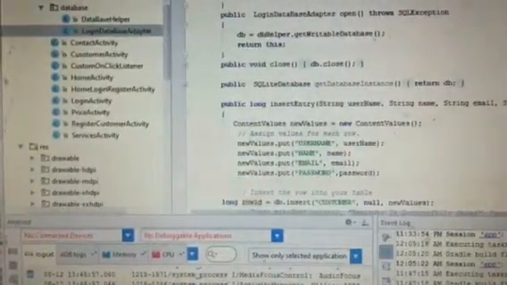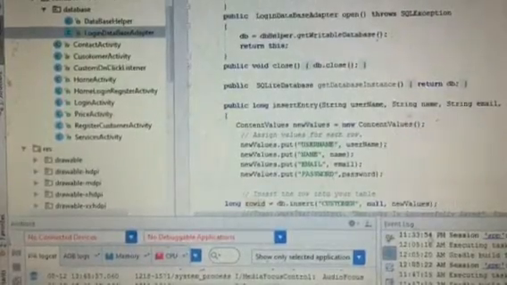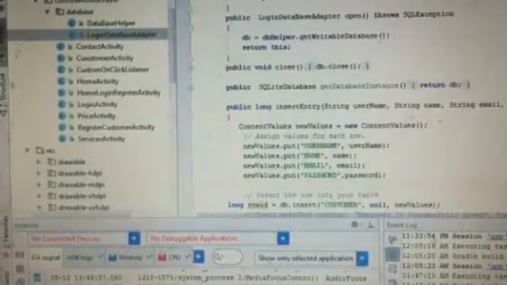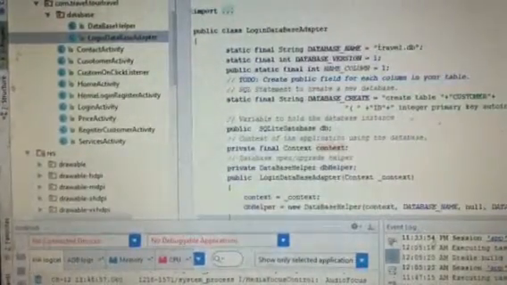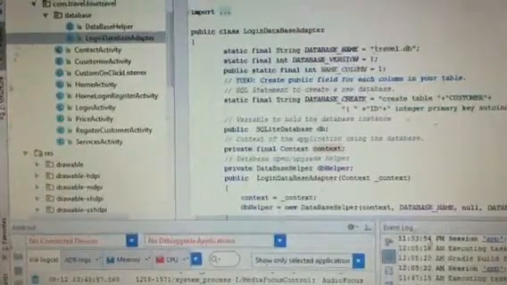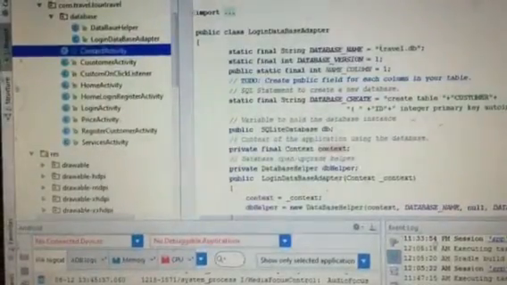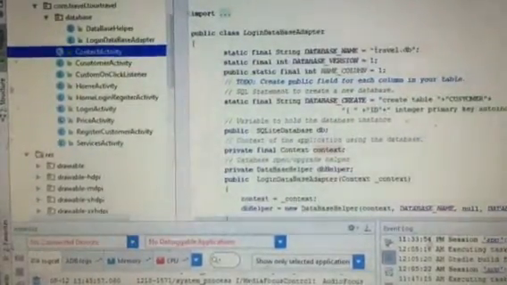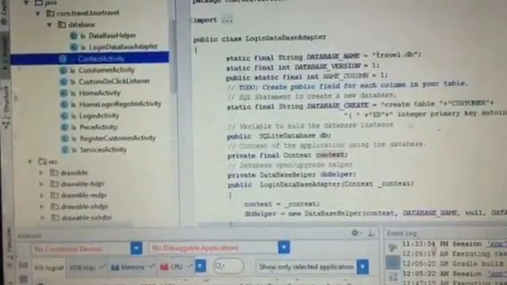You can see the different things which I have done: the username, email, name and password. Here you are going to register the different names and information and validate the information within the login database, and the information is also saved within the login database. I mentioned earlier that I have used SQLite for connectivity purposes.